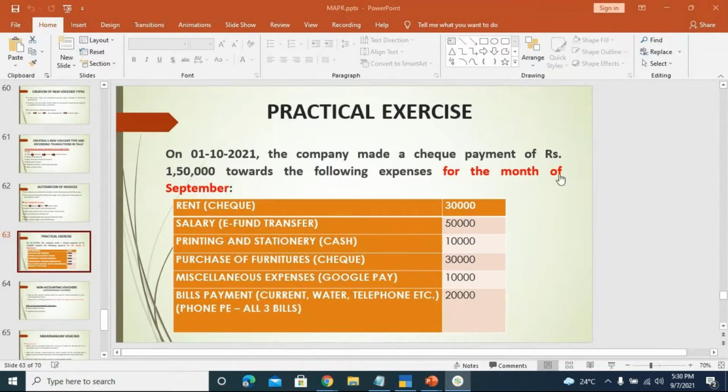Is it Deepika T? Deepika T, can you unmute yourself? Mute yourself, please. I request